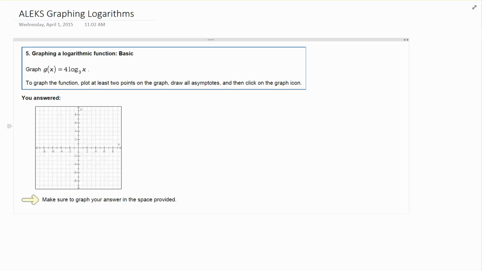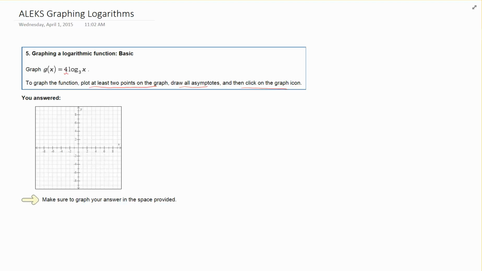Here's an example of a logarithmic function on ALEKS that we want to graph. For graphing on ALEKS, we're required to plot at least 2 points on the graph, draw asymptotes, and then click on the graph icon. This function is 4 times log base 3 of x. Now, multiplying by 4 is a transformation that we haven't really discussed, but it would create a vertical stretch on the graph. So it doesn't shift it up or down, left or right, it just stretches the graph